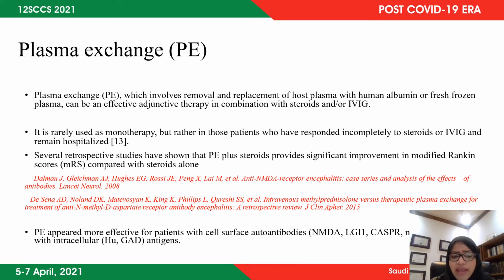Plasma exchange has also been found to be more effective in patients with autoimmune encephalitis related to antibodies targeted against surface receptors more than intracellular antigens. And that makes sense because with the mechanism of plasma exchange, you basically remove antibodies that are free in the plasma, and those are the antibodies that target the surface antigen, while the intracellular antigen is hard to remove. That makes sense in terms of the mechanism of action.